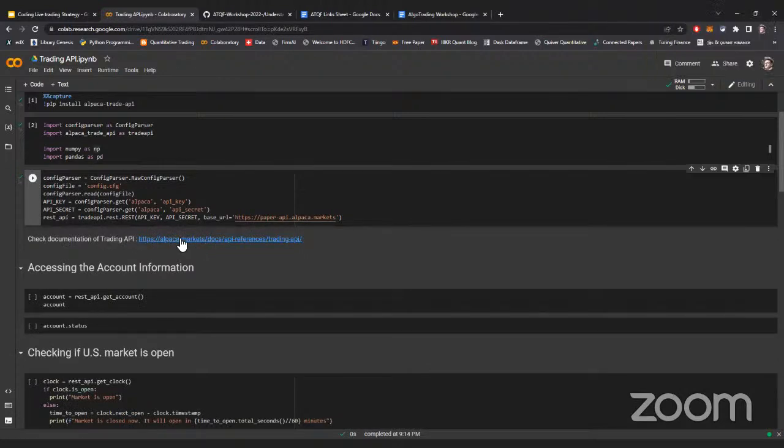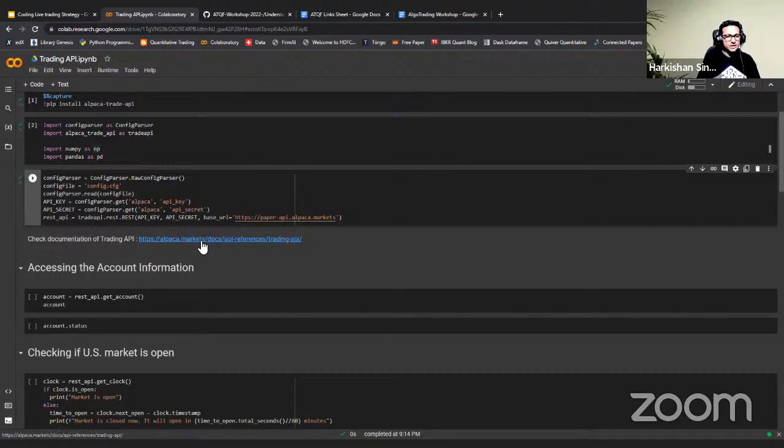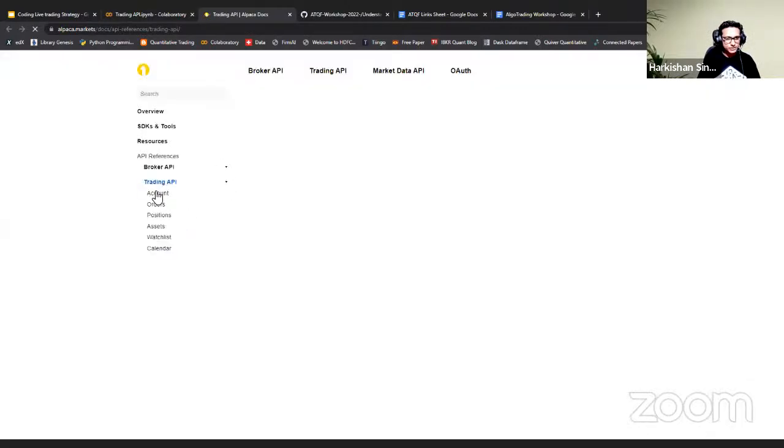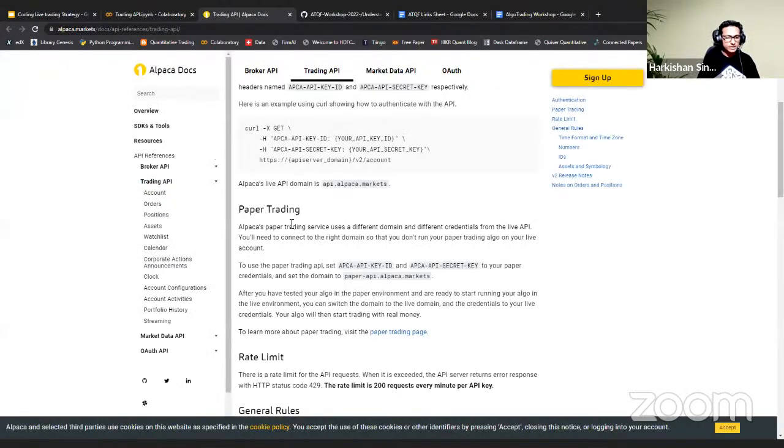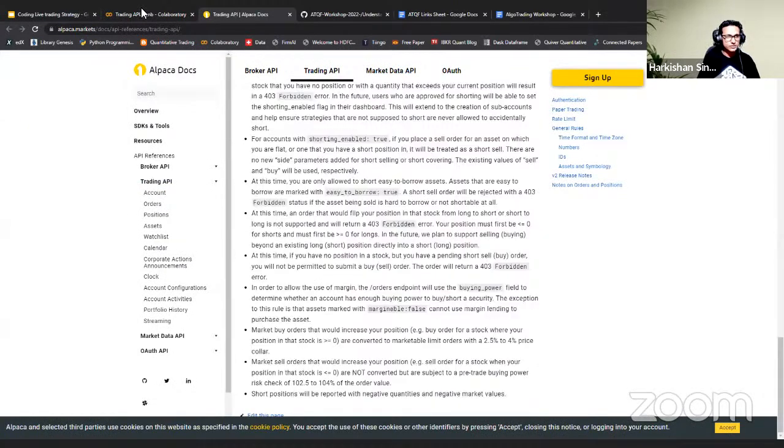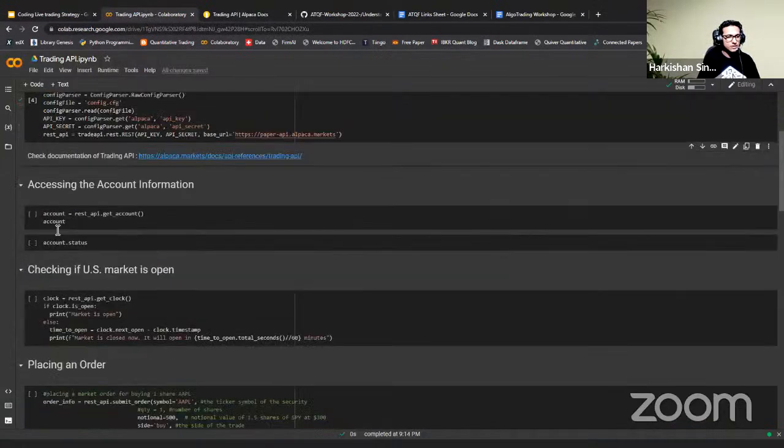So now it's done. I have updated the API keys. You can go to this link and check the documentation of the API. So the trading API, here it's written. By the way, I'll show you here. First of all, how about accessing the information of your account? So here, if I log in to Alpaca,